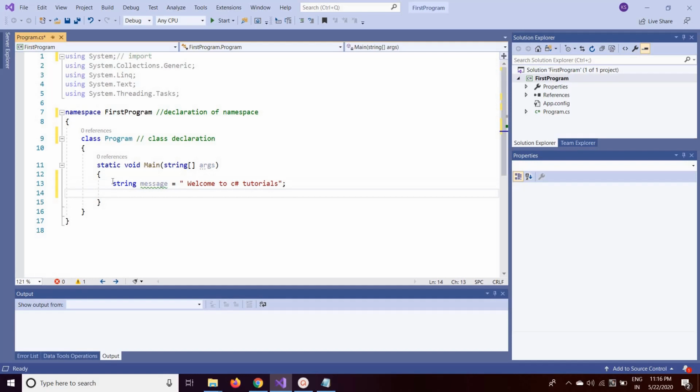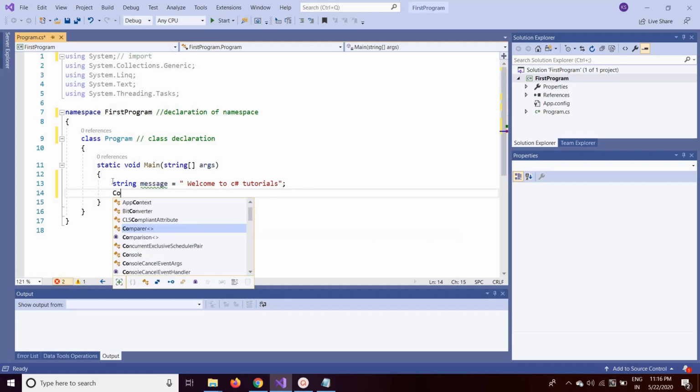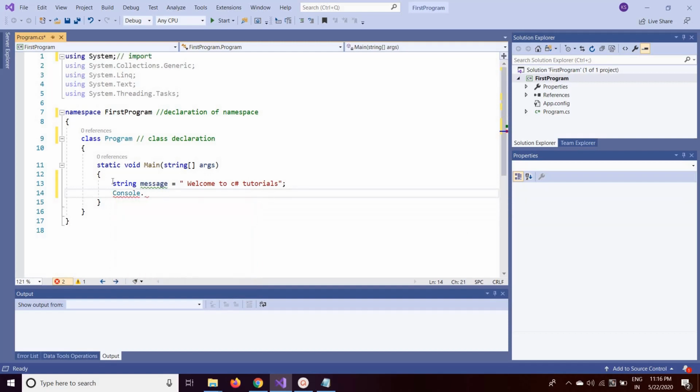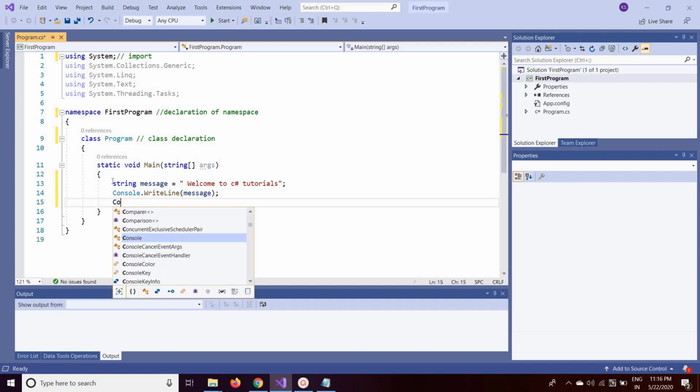We use the writeLine method of the console class to display the message to the output screen, and we need to write a readLine method to read the output.